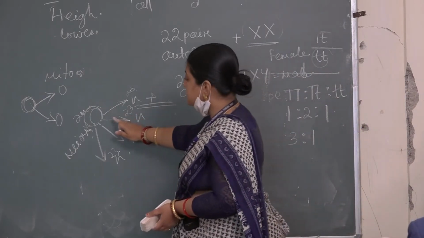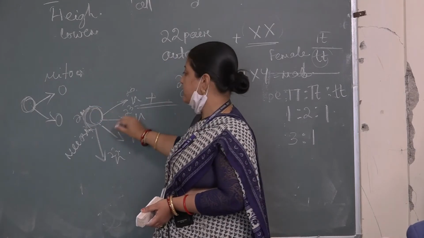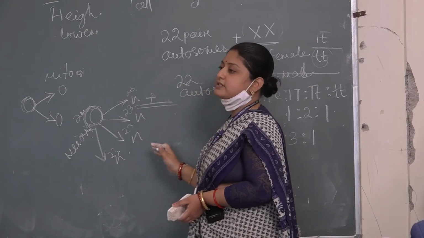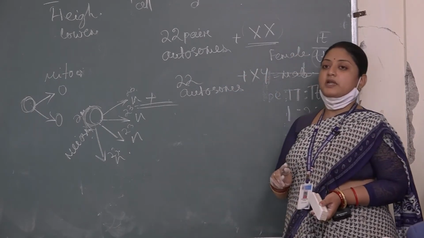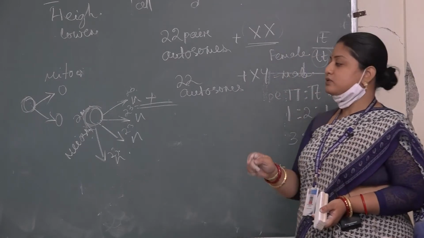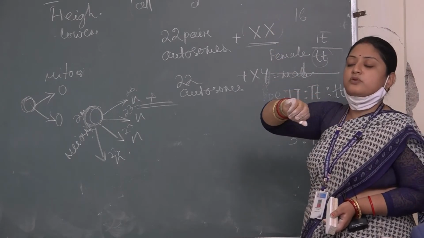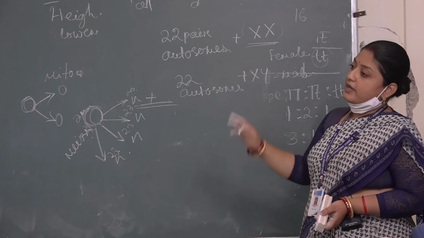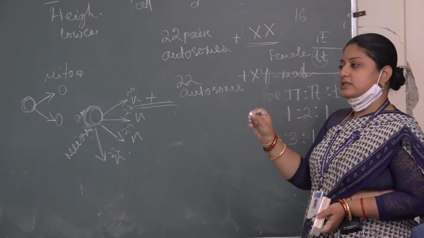This is about your meiotic division, in which a single cell will give rise to 4 cells, and each of the 4 cells will contain a haploid set of chromosomes only. So what is the difference between haploid and diploid? In diploid, for example in case of your onion, a total of 16 chromosomes are there. Out of that 16 chromosomes, 8 chromosomes are contributed by the male parent, 8 chromosomes are contributed by the female parent. So the 2n concept is there.